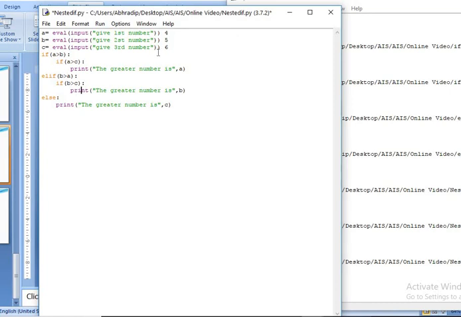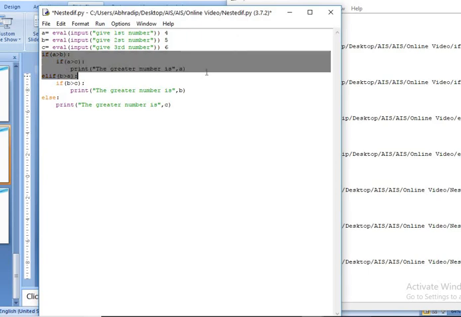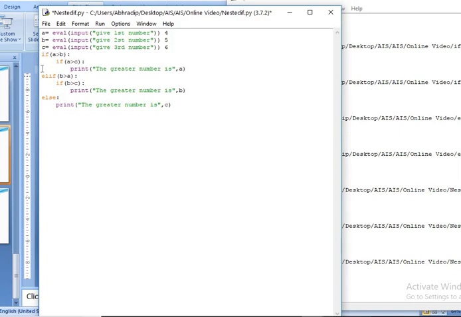Let me discuss once again the problem we just faced. The given values were 4, 5 and 6. So the assigned value to A was 4, to B was 5 and to C was 6. The first condition is whether A is greater than B. 4 is not greater than 5, so that section will not execute. Now it will check whether B is greater than A, that means whether 5 is greater than 4.